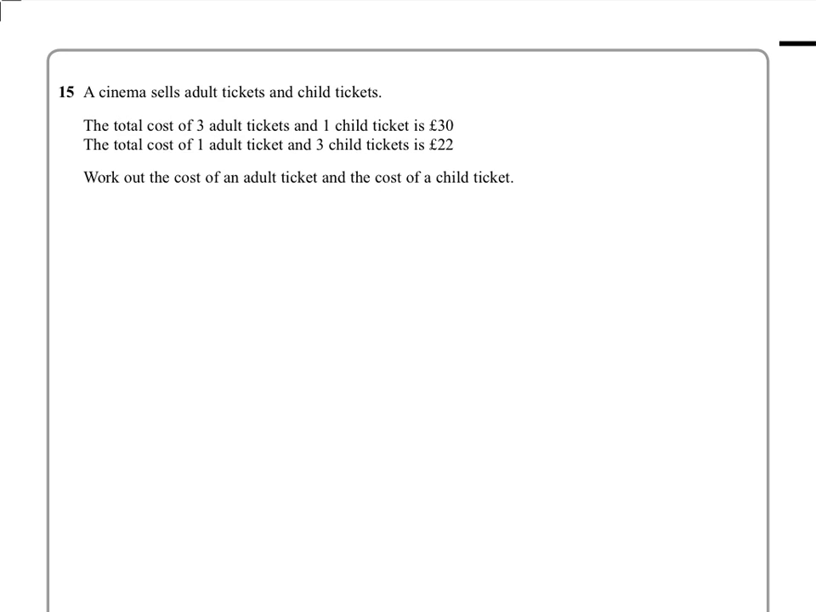For this question, you've got to be really careful. You just got to think really clearly. It says that 3 adult tickets and 1 child ticket is £30. That's the cost. And 1 adult ticket and 3 child tickets is £22. So that's the total cost. So what you can say is, you can say the cost of adult ticket,